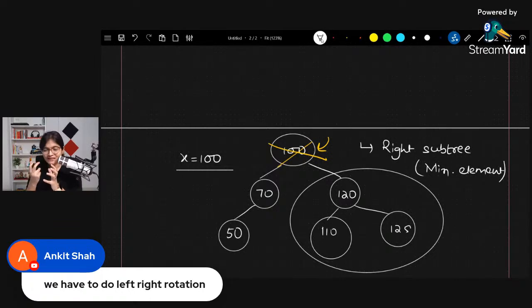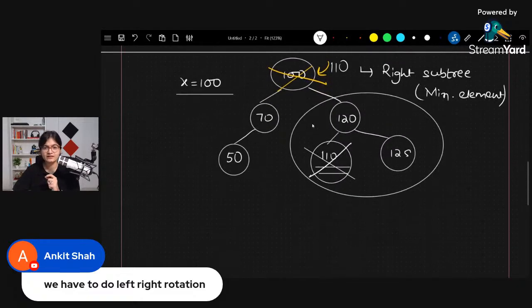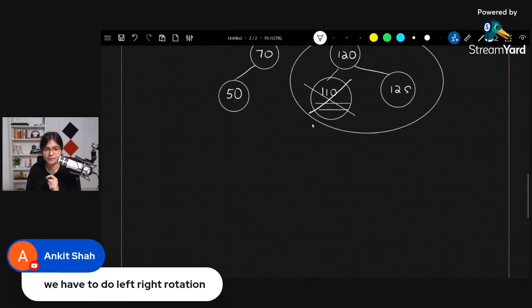So how will you be able to get the minimum element? That will always be present at the left side, which is 110. So what you will do, you will say that I will replace this 100 with 110, and then I'll move towards right and just remove this. So what I have done, the first answer which I got by moving towards right subtree and getting the minimum is